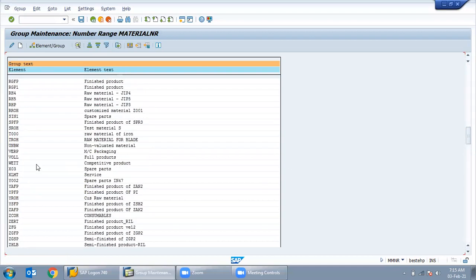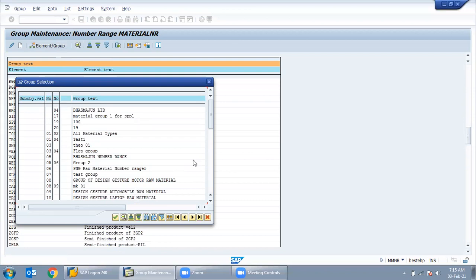Yes, here is Y002. This was created by us yesterday. Just select it by clicking there and click on element and group, assign element and group.